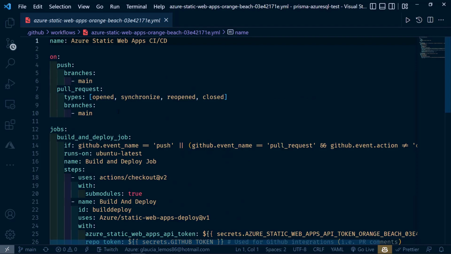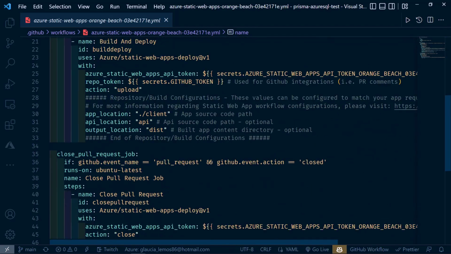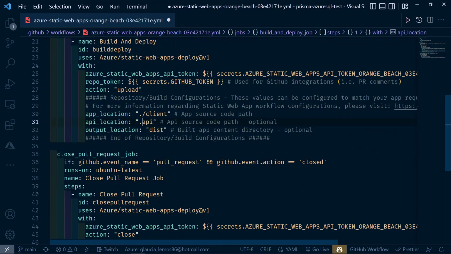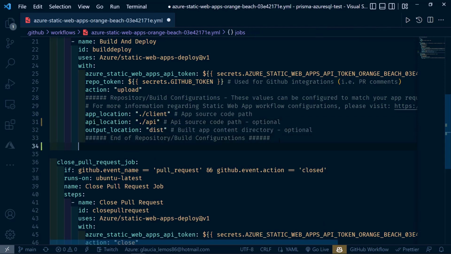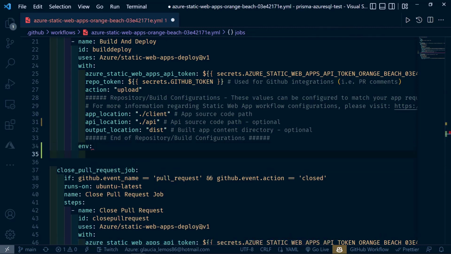And now I will ask all of you to include ./API. And here in line 34, I will ask you to include env. And then in line 35, include the node version. In my case, I'm using 14.